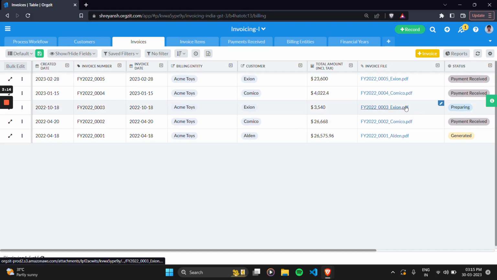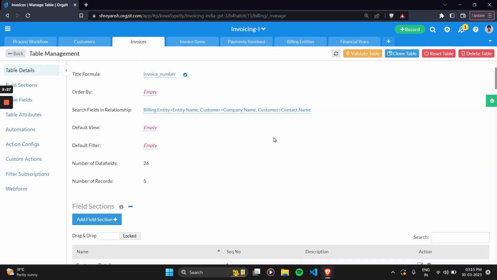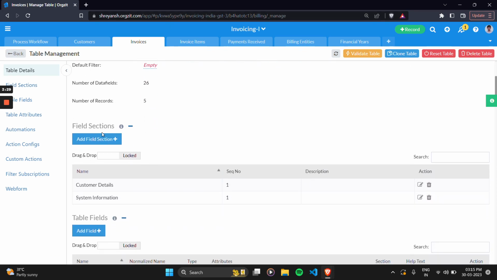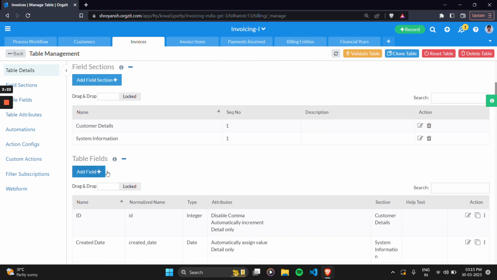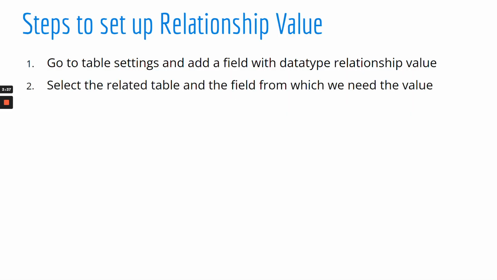And in this table, first of all, I need to go to the table settings. So for that, I can just simply click this big gear icon, or we can head over to this gear icon and we can click this. So after clicking this, we are in the table settings, and in this we need to add a new table field. So we'll head over to table fields and add a field. After that, we need to